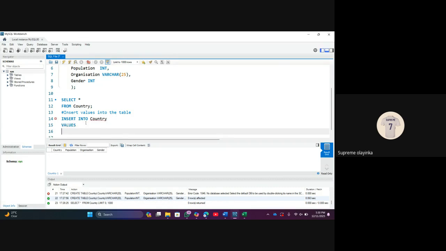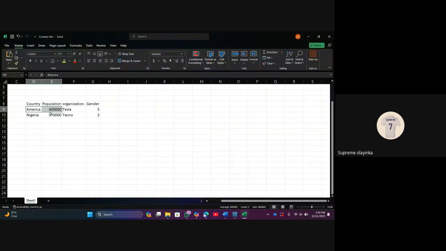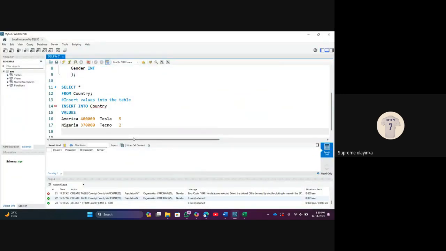Now, what are the values? So we have those two rows here. Let me just copy it. You're actually meant to type it, right? So let me just copy it there. So we have our values. So America, right? Let's start with open brackets. America is a text, and we know this in Excel that whenever we have a text, we have to surround it with a quotation mark, right? So we want to surround America with quotation marks, because it's a text. So America, the text,